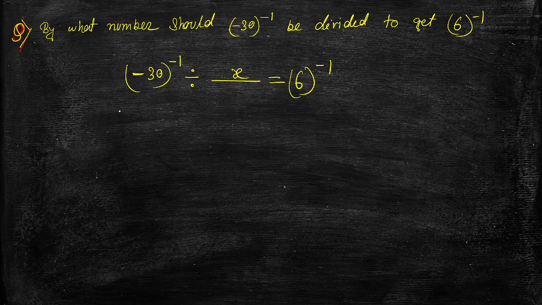Now how can we do that? Let's do the reciprocal first. So this is minus 1 by 30 to the power 1, divided by x,